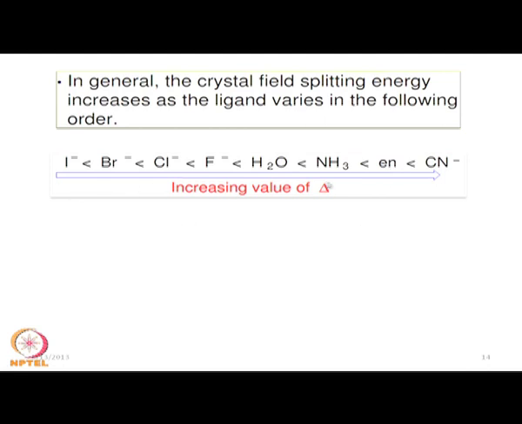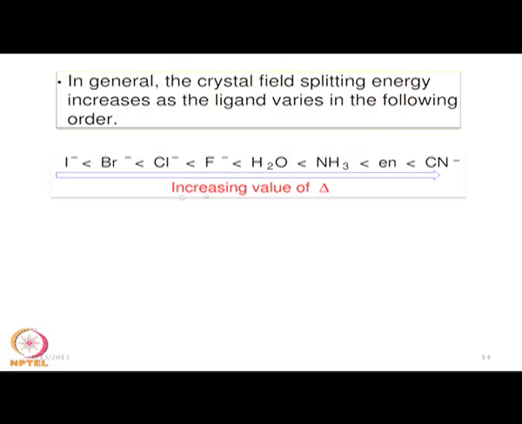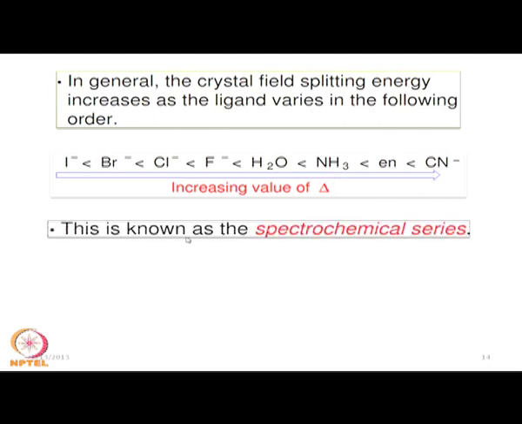So, as we write in increasing value of delta, this is more or less the straight order for 4 plus 4, 8 ligands. So, if we have 8 ligands, and all of them are interacting with, say, nickel 2 plus, we can get the typical ordering for increasing value of delta for all these 8 ligands around nickel 2 plus. This particular part is not the full one, we will come back to this particular series again.